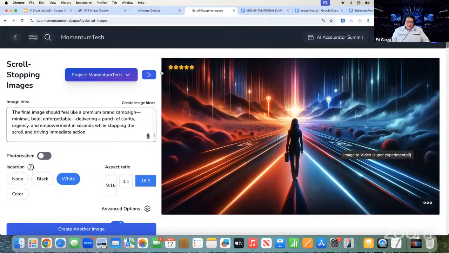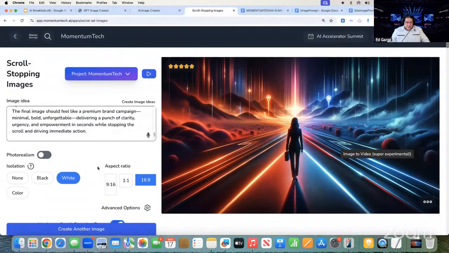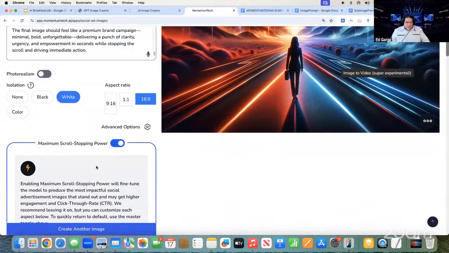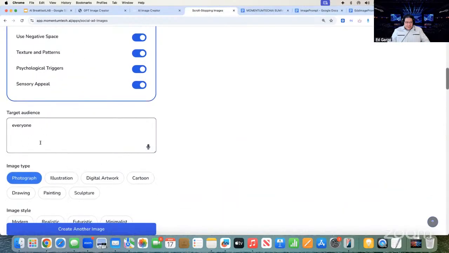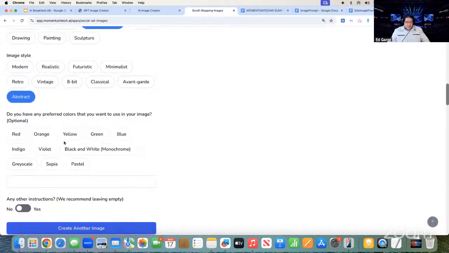I like that. So the scroll stopping images will probably be much better. I can come down here and choose who my target audience is. For example, I could say let's do a digital artwork, change it, make it more realistic.